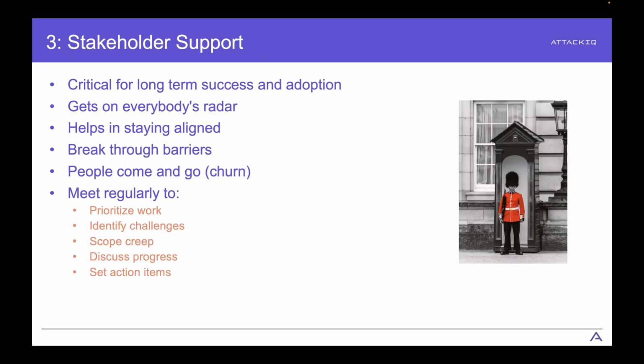So next up, stakeholder support. So to give the best chances of adopting the practice around breach and attack simulation, right, and purple teaming and all the good stuff that comes with it, obtaining the stakeholder support early on is really, really critical. But also what's even more critical, it's equally as important, if not more important, is to actually maintain that level of support throughout the projects, right?